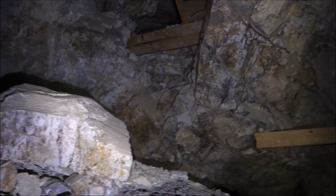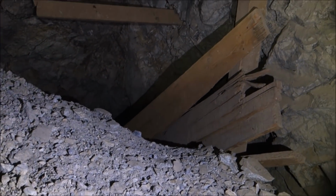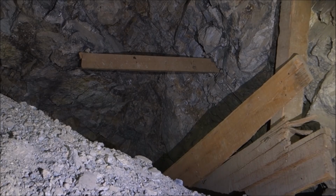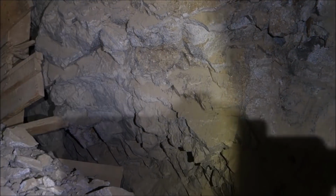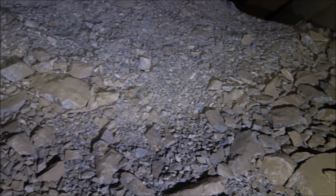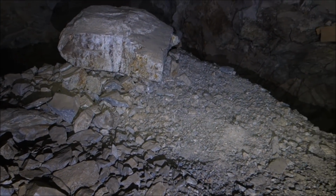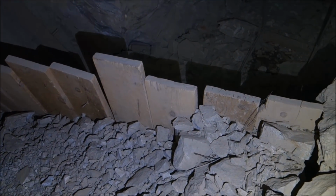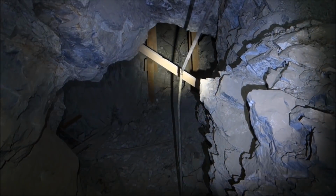And in front of us here, looks like it drops off there, and that this wall in front of us here was put to contain waste rock, since this all appears to be waste rock here. Okay, I'm up on top of the waste rock on the other side of that fence thing. We are just filming over there,